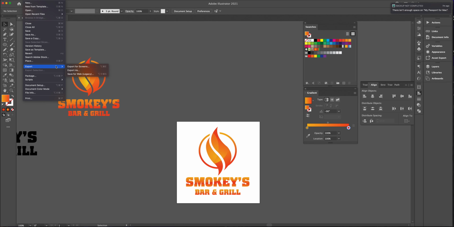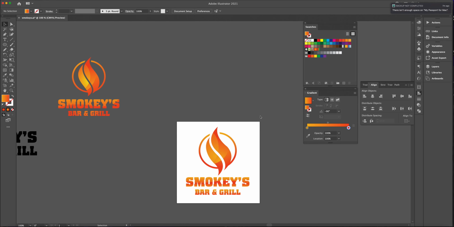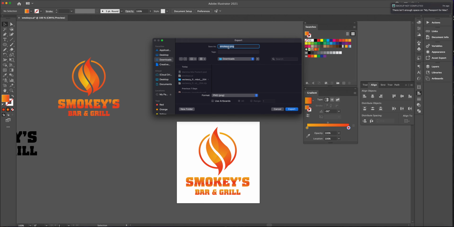Under File, I'm going to go down to Export, Export As. And I already have the name smokies.png listed. If you need to change the format, just click on the drop down. Again, alphabetical order, but I already currently had PNG selected. With PNG selected, I need to make sure that I click on my artboard. If you don't click on the artboard, the objects that are on the exterior are going to be visible. So we want to make sure that we have the use artboard selected. With this selected, I'm going to hit export